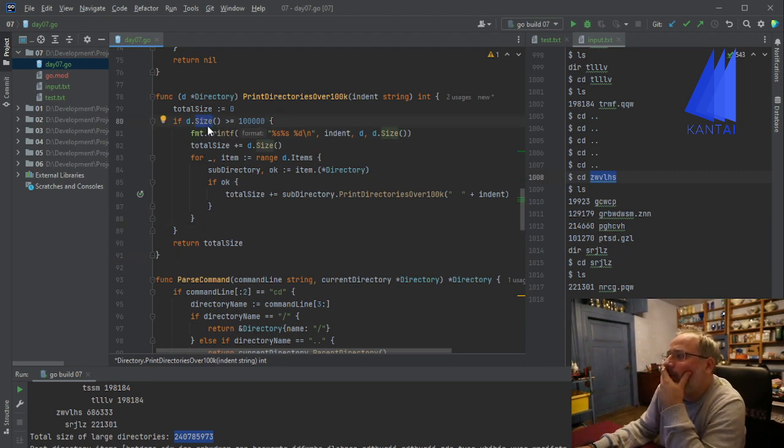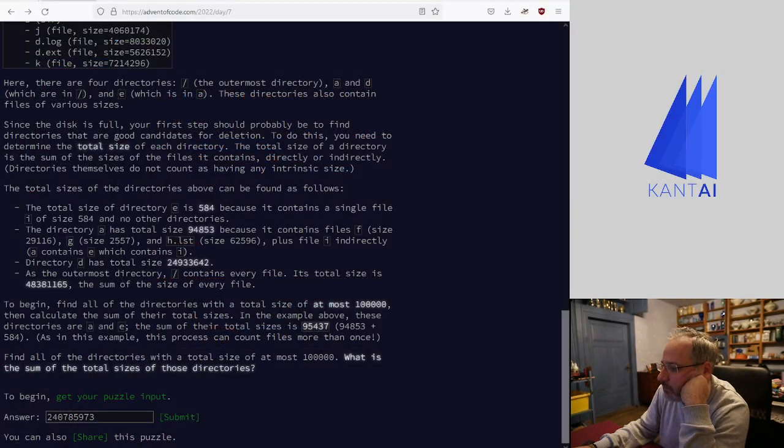So we know that we only need to take a look at directories that are larger than 100k. If the size of a directory is smaller than that, this is 100k, then we can ignore it. So we add it. Okay, let's read again through the